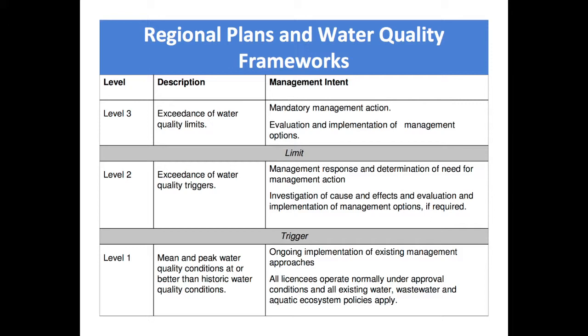Level 2 is when there have been occasional exceedances of water quality triggers. So in the case of this project, some exceedances of phosphorus. At this point, it's a warning. Here's the warning bell. We're still okay. We're still within the parameters that we want to be. We haven't exceeded the water quality objectives on a regular basis, but it's time to start planning for when we do, so we never get there. And when you hit the limit, which are the limits set in the water quality management framework, then there will be some kind of mandatory management action imposed. So why not do something before you reach that point where it's mandatory? So that's where we're at.